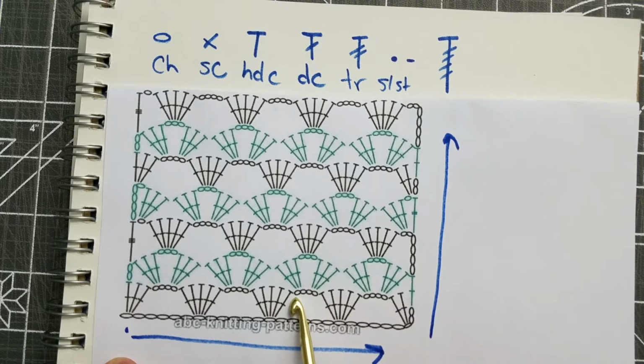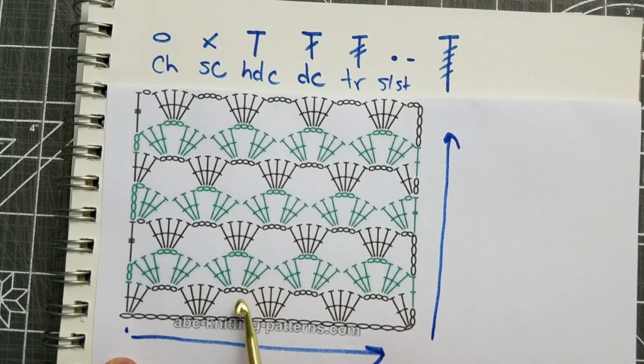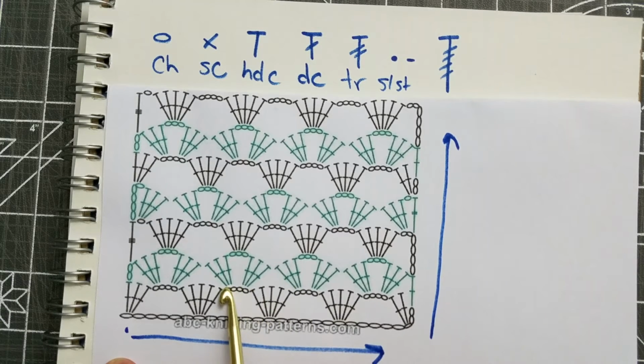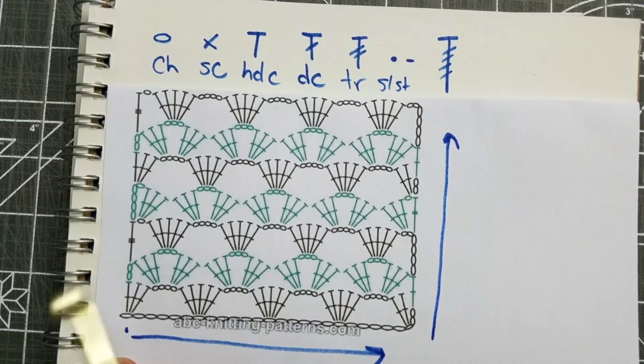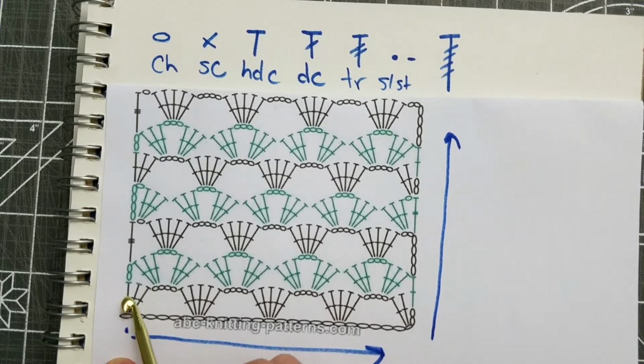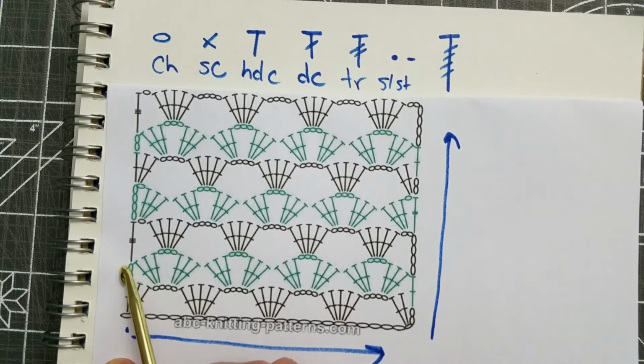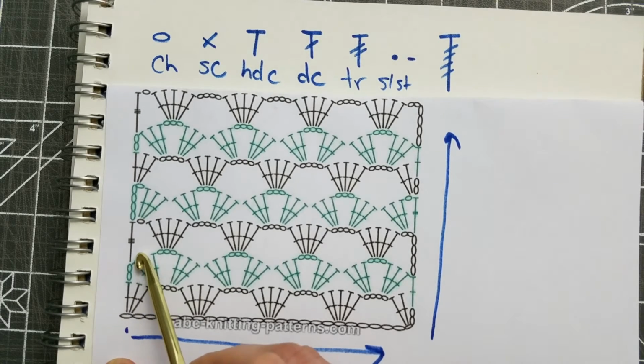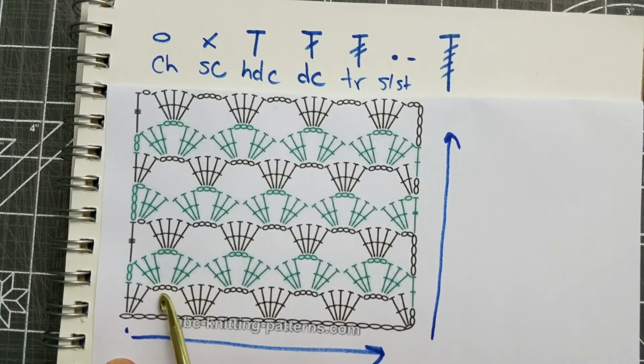4 chains. 5 double crochets in this chain. 4 chains. 5 double crochets in this chain. 4 chains. 3 double crochets. On the next row, you chain 2. 3 double crochets into this space,